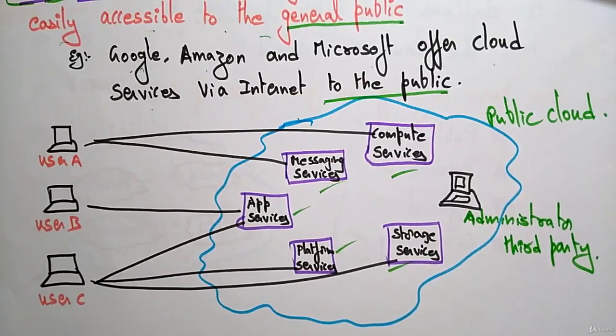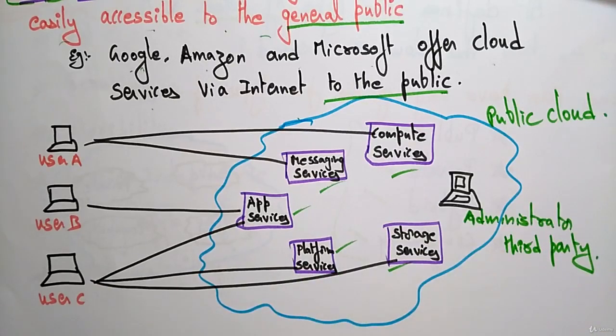Okay, so there is no restriction. They can access directly. If they want to access some storage devices, they can purchase on the cloud. If you take Gmail, they are having free space like 15 GB. They can store the data on the cloud.